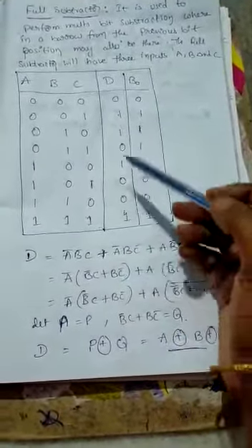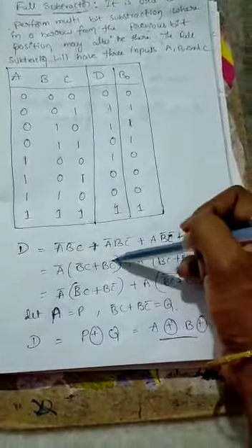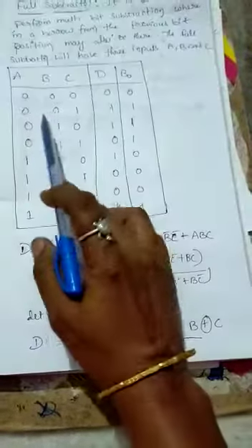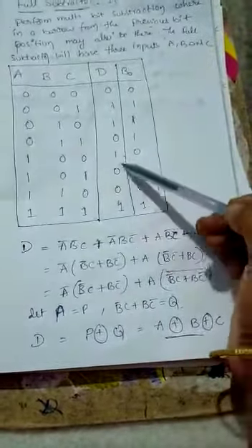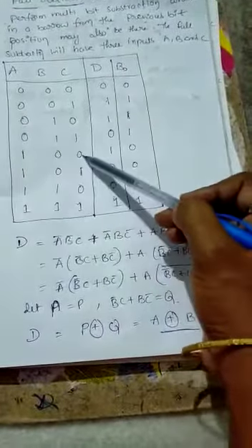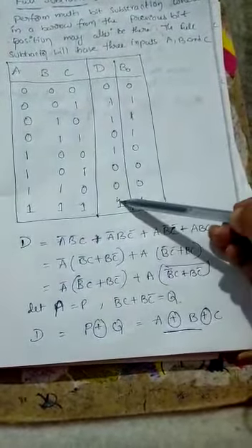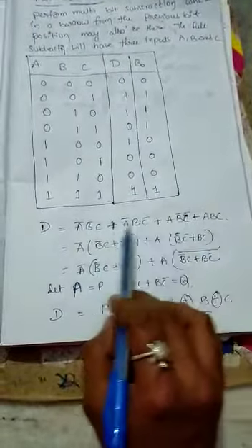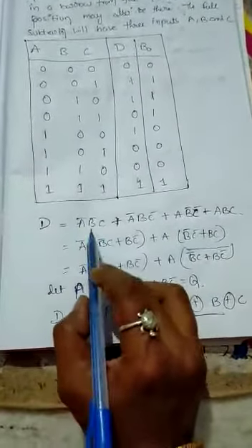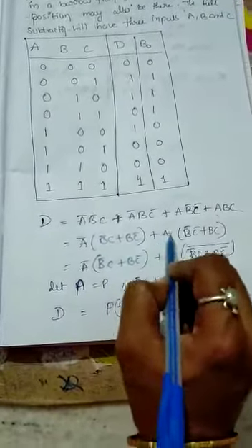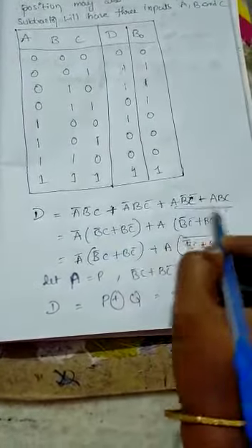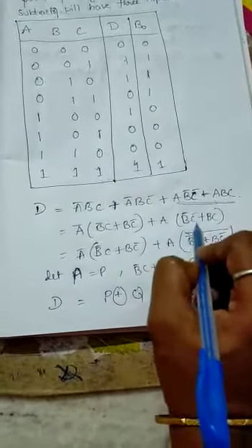This is the difference, where we are getting the ones, that is considered as the expression. Here this is A bar B bar C, plus A bar B C bar, again A B bar C bar, plus again A B C. Now we want to simplify this total expression. For that purpose we take the common A bar: B bar C plus B C bar, plus for these two values we take the common A: B bar C bar plus B C.